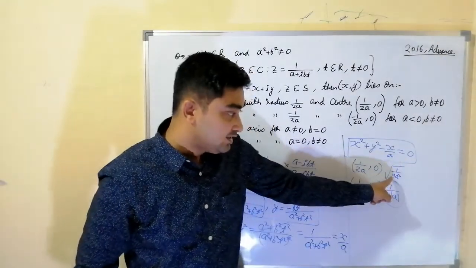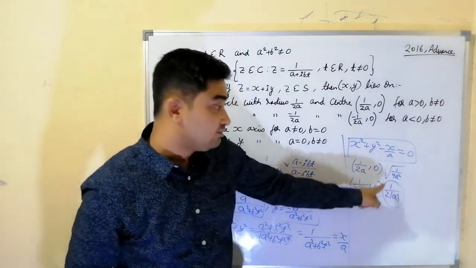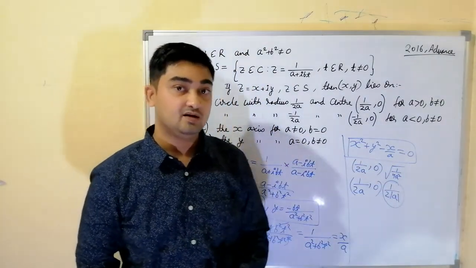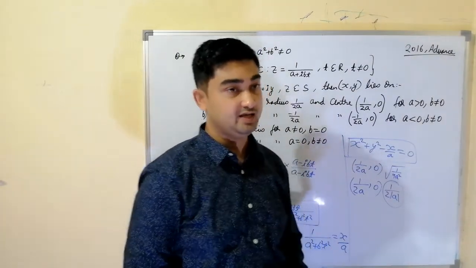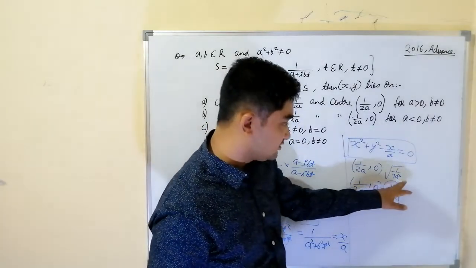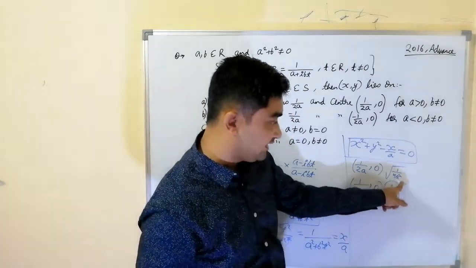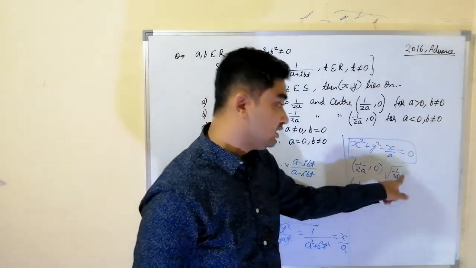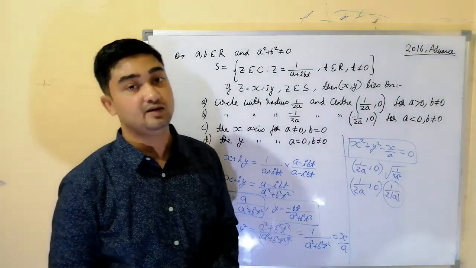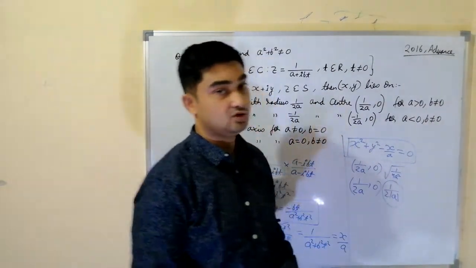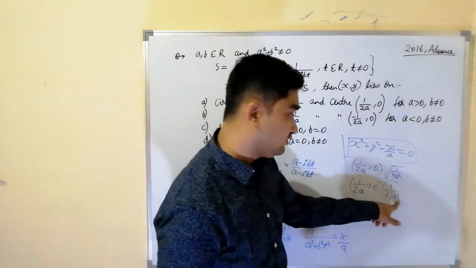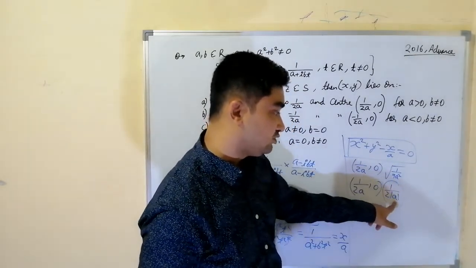All of us know the under root of 4 is 2, but under root of a square is not a. Under root of a square is mod of a. We have to take care of that while doing this step, because usually we make the mistake of writing it straight away as a, 2a. That is wrong, because under root of anything is never negative and under root of negative is not defined. Always remember that it is always positive. To make it immune from the sign of a, we have to take mod of a.